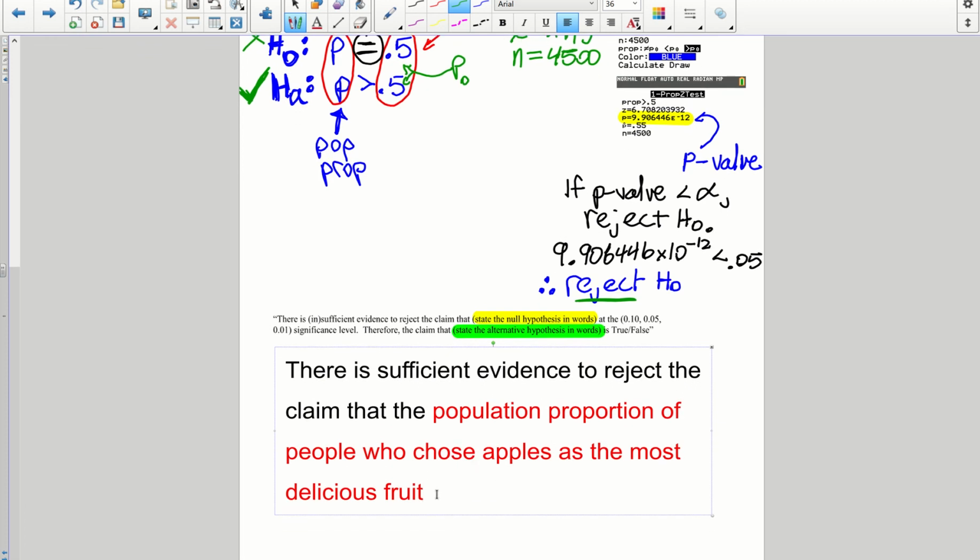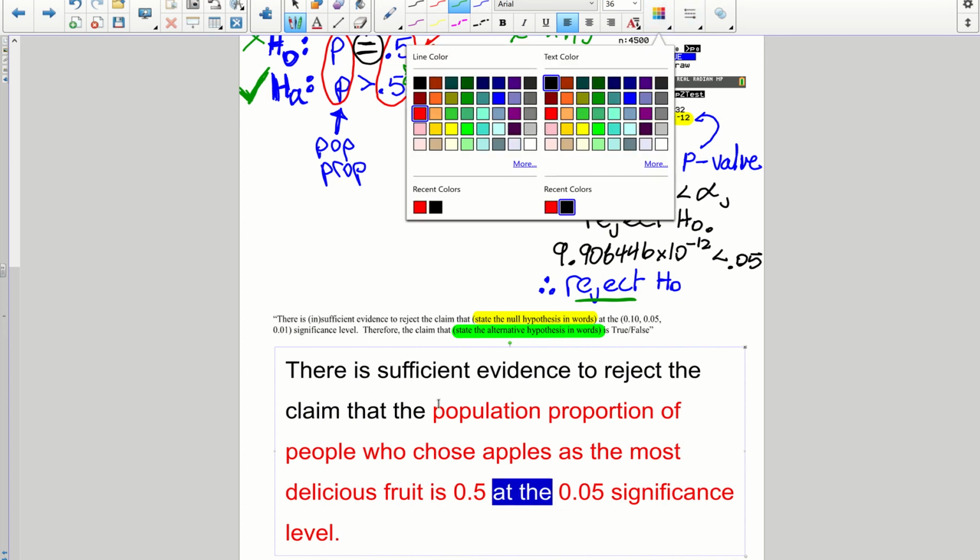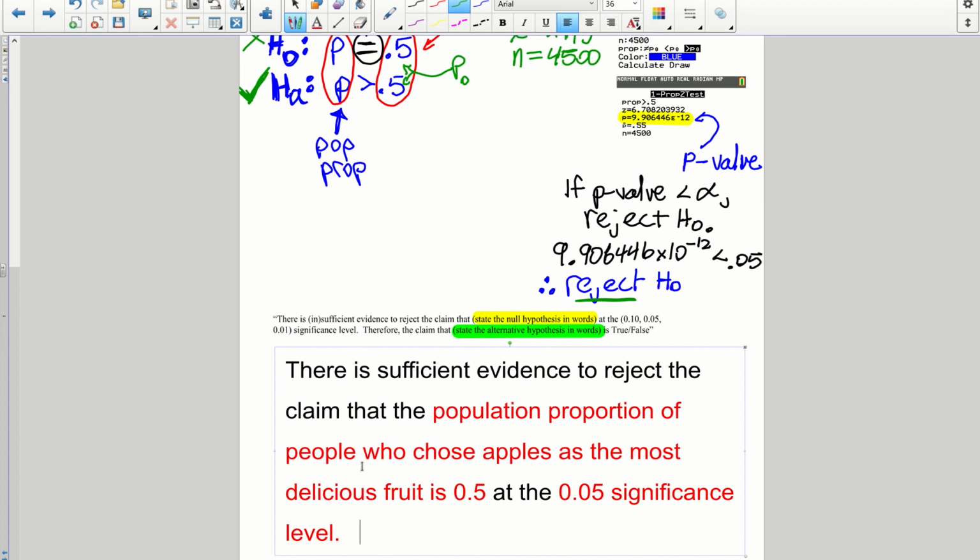We never stated the rest of the null hypothesis. If that happened to be equal to 0.5, is 0.5, at the 0.05 significance level. So the population proportion of, that's p in general, but specifically in this problem, we're talking about people who chose apples as the most delicious fruit. It's a little wordy, but that's what p was defined as in the problem. The language was in the problem for you, so it's really just copy. Therefore, the claim that,